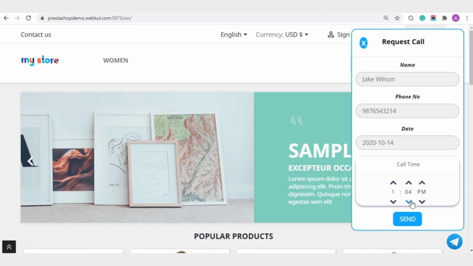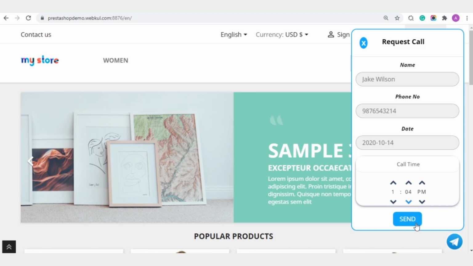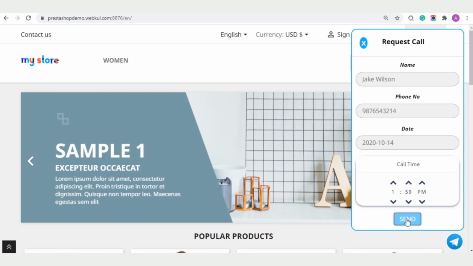After entering these details, click here to send the callback request.